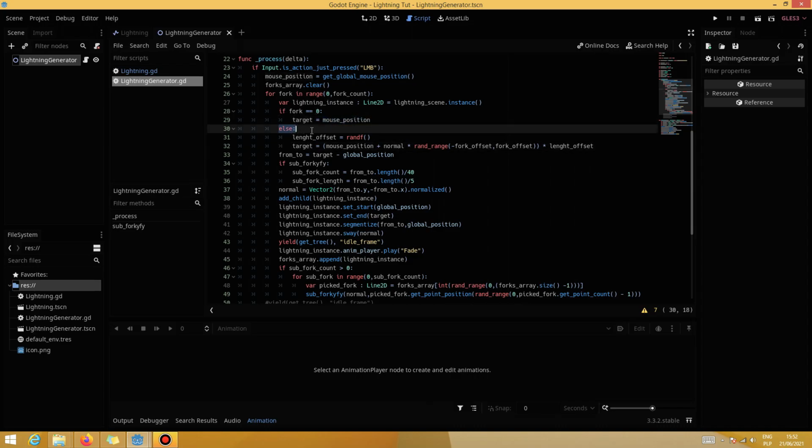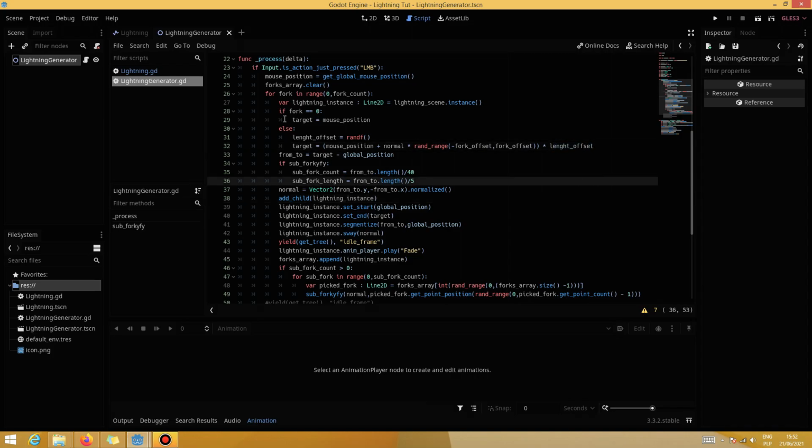But if it's a different fork, so subsequently created, we want to create length offset, random f. So this will allow us to have shorter forks on the sides instead of all of them going the same length. After that, we're doing target equals mouse position plus normal times randf_range fork offset